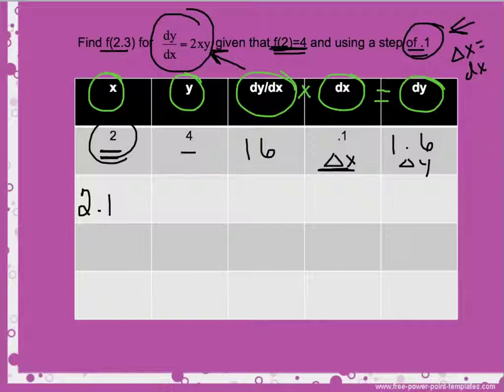My y was 4, but my delta y was 1.6. So I now increase that. That's how much my change in y is, by 1.6. So that's going to put me at 5.6. I took 4 plus 1.6. Now I use this x and y in my equation that dy dx is 2 times xy, and I get a new dy dx. So I take 2 times 2.1 times 5.6, and I get